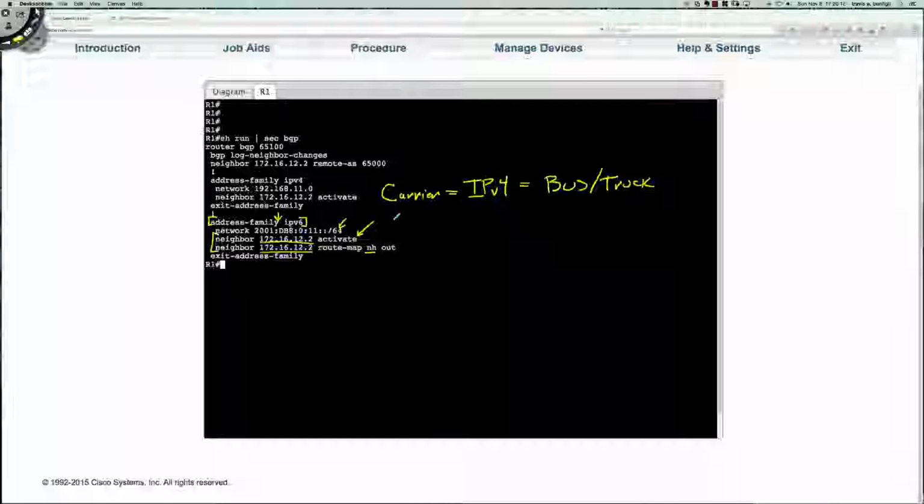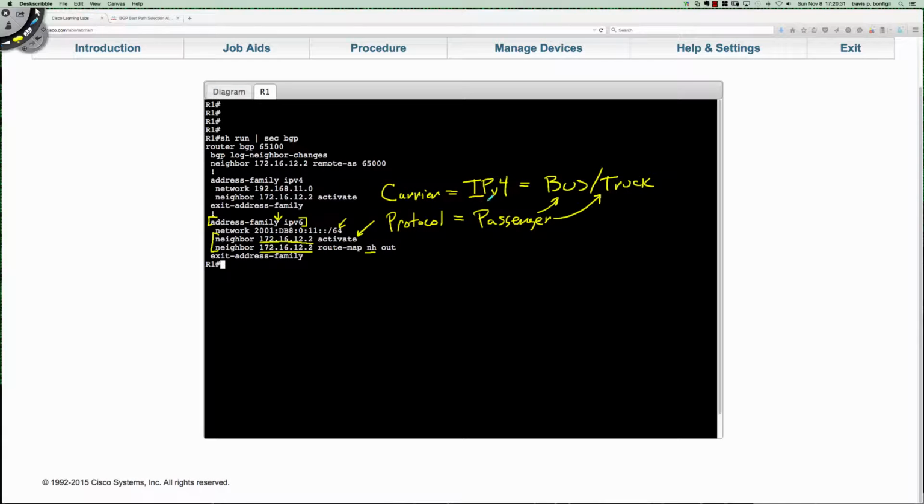And then think of the protocol that we're going to be communicating as the passenger, right? So the passengers ride in a truck, and the truck and the bus move them around the streets,